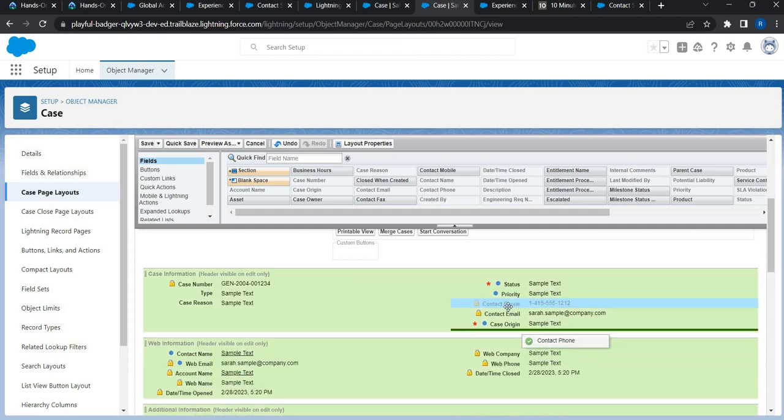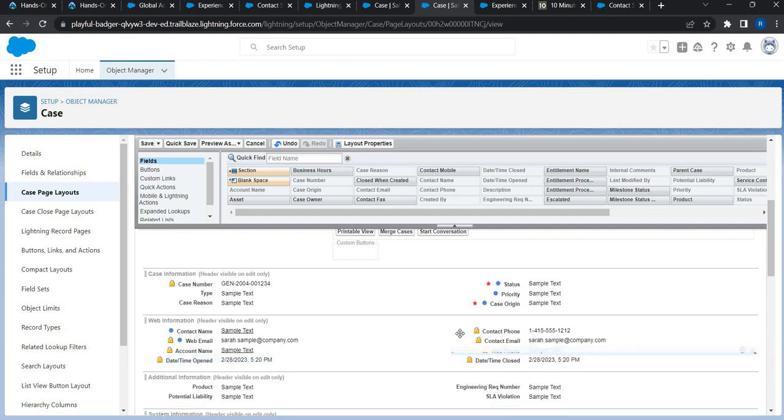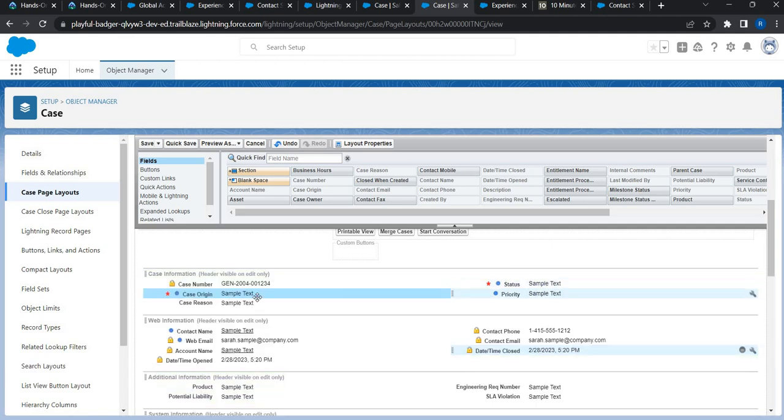email is fine. Let's bring contact email right here, contact phone right here, and web name remove, date time open fine, date time close fine. We'll remove these two, and then we'll have case number, type, case reason, priority, case origin. Let's have it somewhere here. Status priority fine. So other than that, we need to bring in